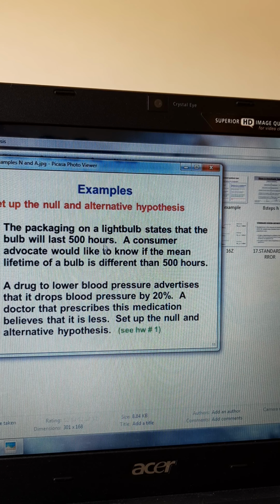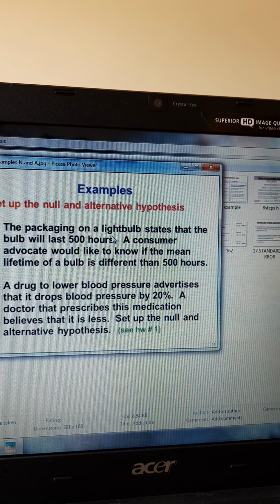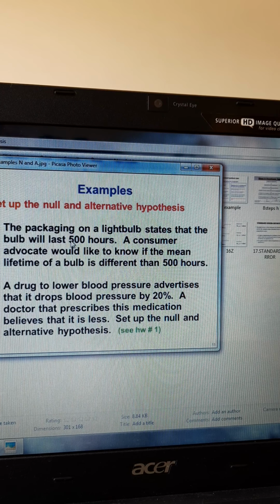Okay, this is one. So how will you test the hypothesis? How will you frame the hypothesis for this? There is a significant relation between the means of the bulb purchased and the one that is mentioned in the package. Okay, there is no significant difference between the means of the bulb purchased and what is claimed in the package. Okay, null hypothesis and alternate hypothesis.